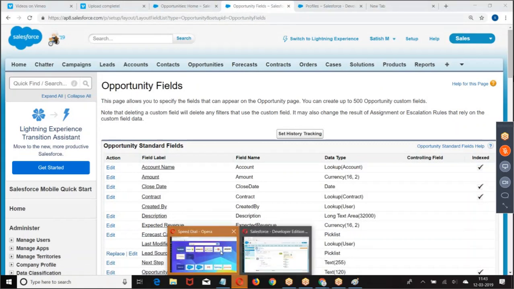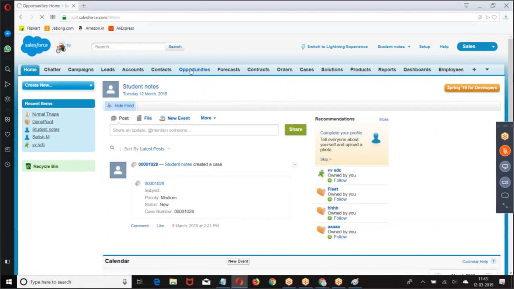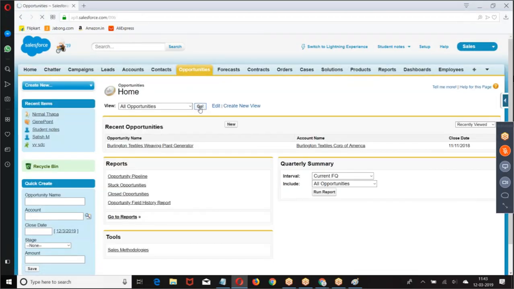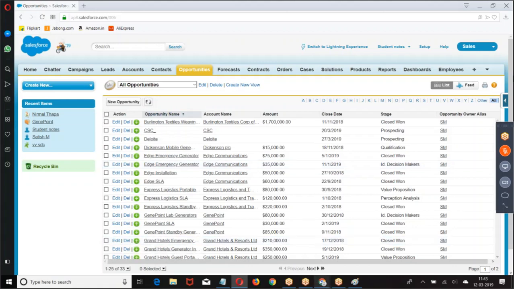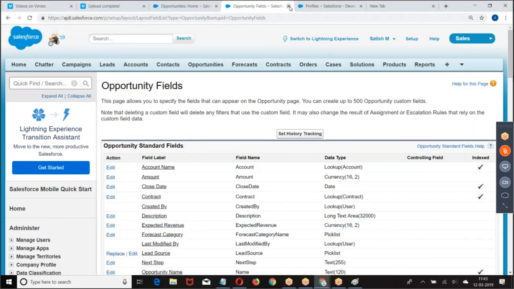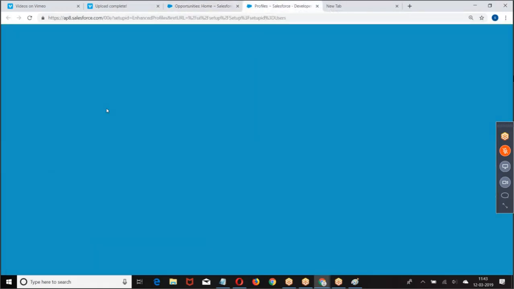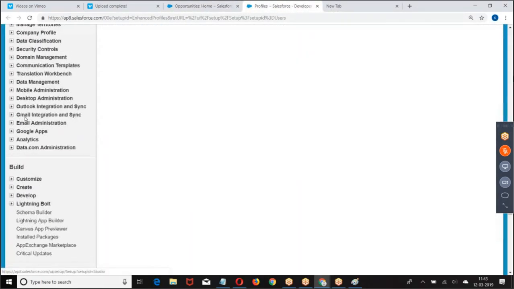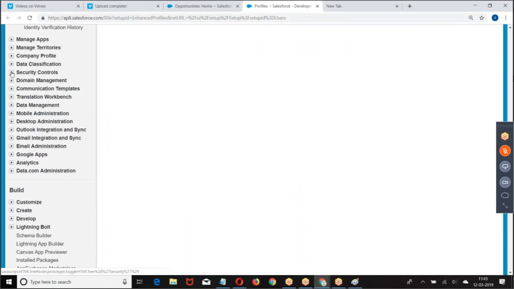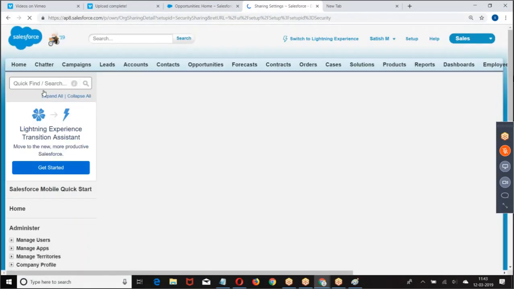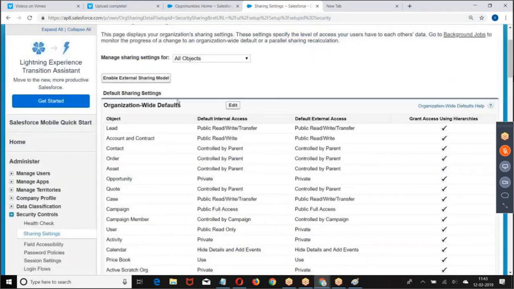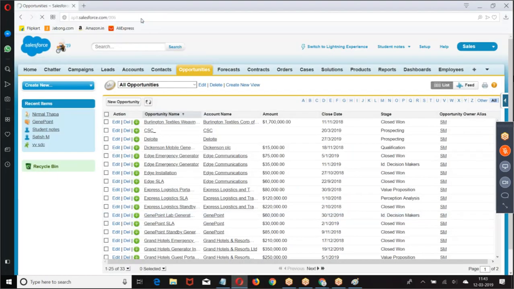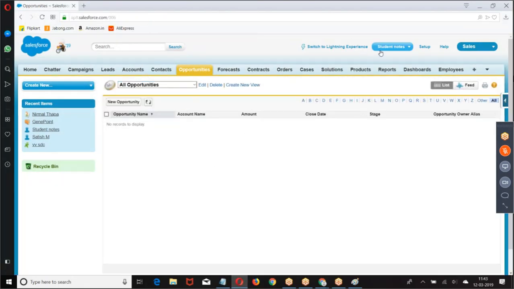Now go back to the student and check which records he is able to see. Opportunities. Still not applied. Wait for the changes to be applied. Let us go back and see whether they are applied or not. So to do this example, first we have to remove the access. So look at this. The student is not able to see any opportunity, right?